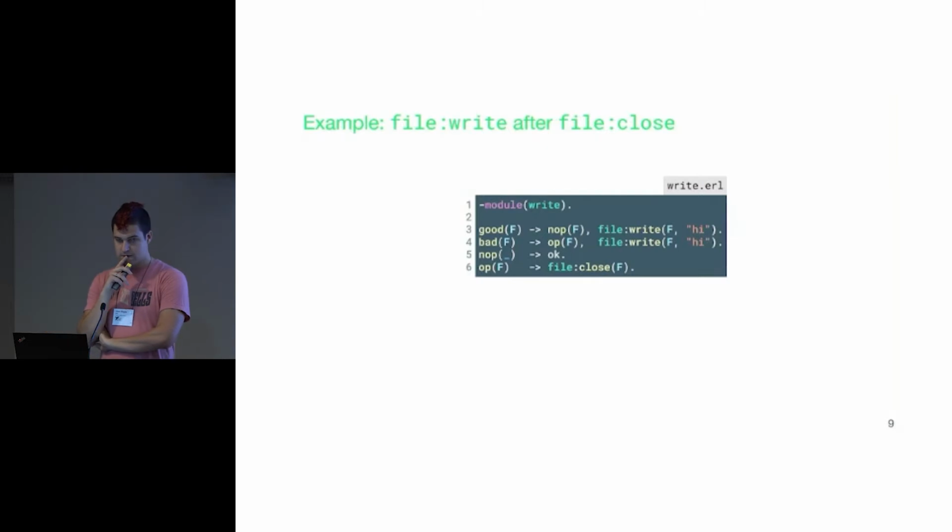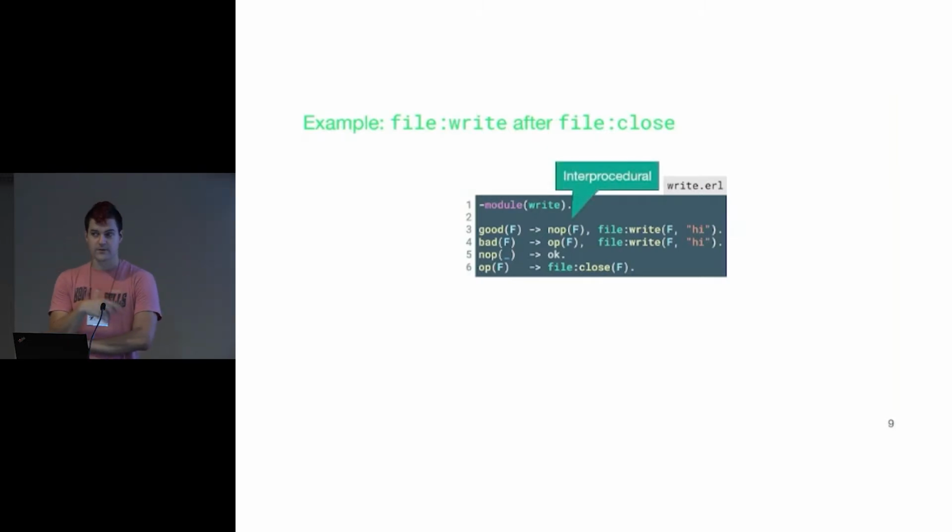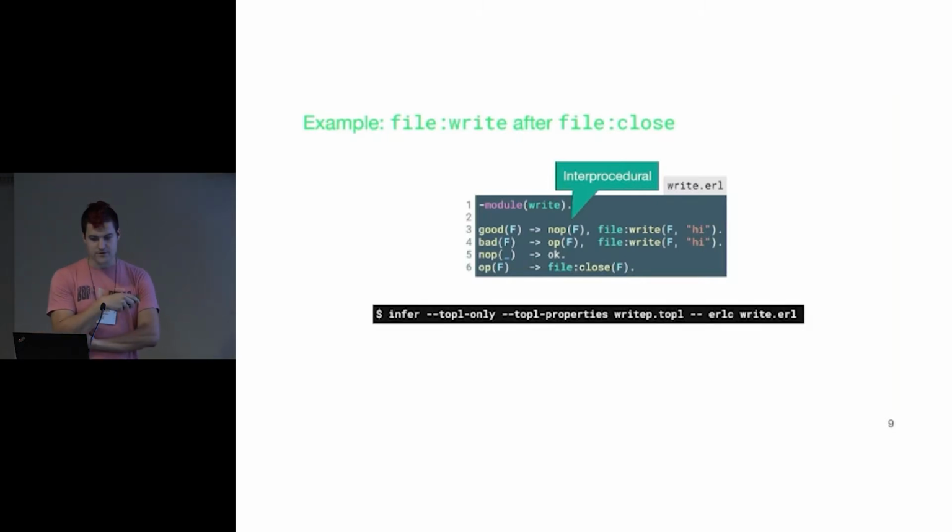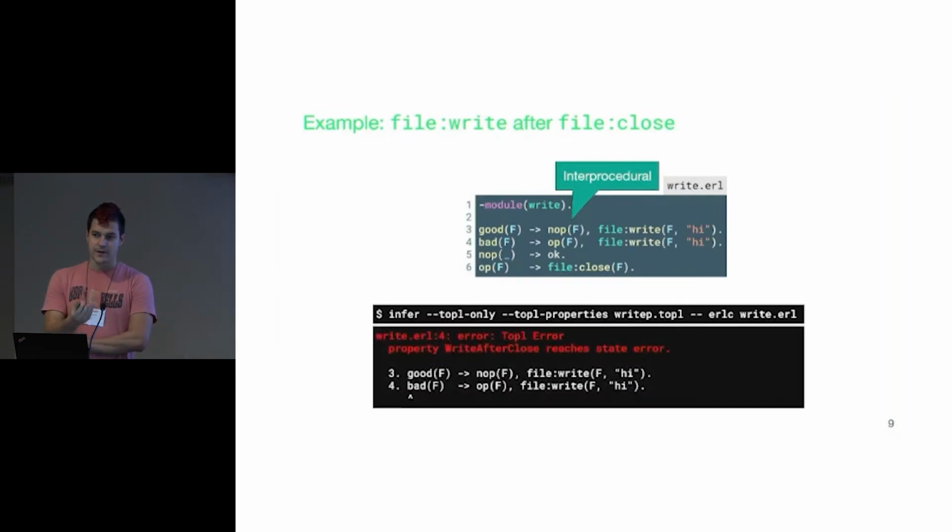In order to check this, we actually need interprocedural analysis. And to check this with Infer, you can use this command. Basically, you type infer, you specify Topl, which is the analysis that supports temporal logic properties. I will get back to this later. But then you specify the property and you specify the build command. And then Infer will tell you that there is a problem in the bad function,